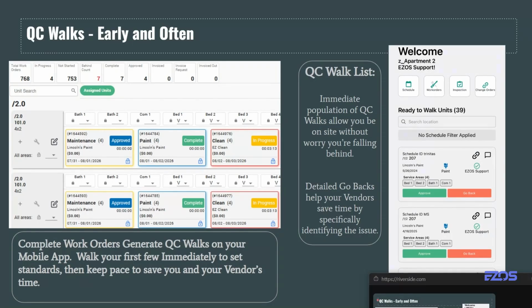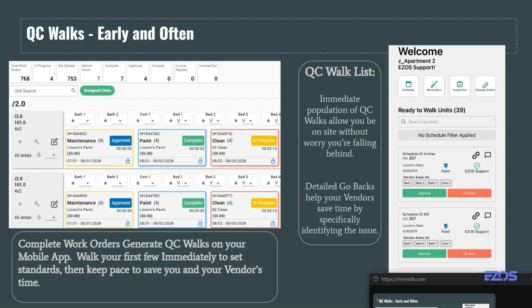That also means that their go-back list is set for the next day. So you don't have to come back, compile what you found, put it on your list, wait for them to come in the next morning, say, here's what you got today, here's what you missed yesterday. That can be really confusing. Let's put it all onto one list right here with their go-backs to where they can just work down their list again like they had yesterday. But again, keep things moving, walk behind them. Let's make sure everybody's on the same page those first few units so we don't get 2 days in,